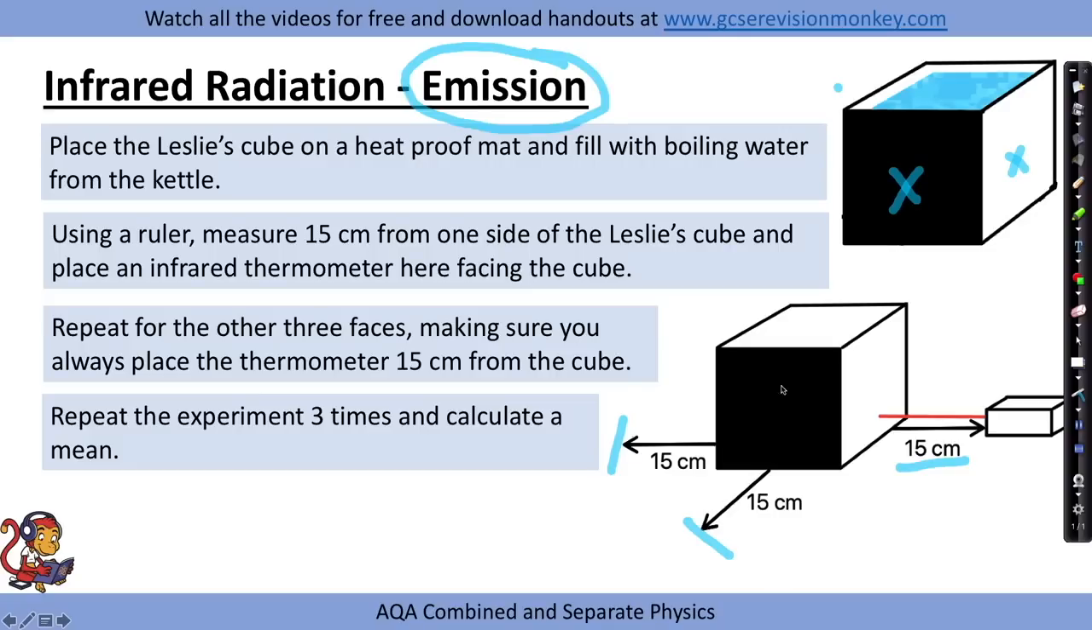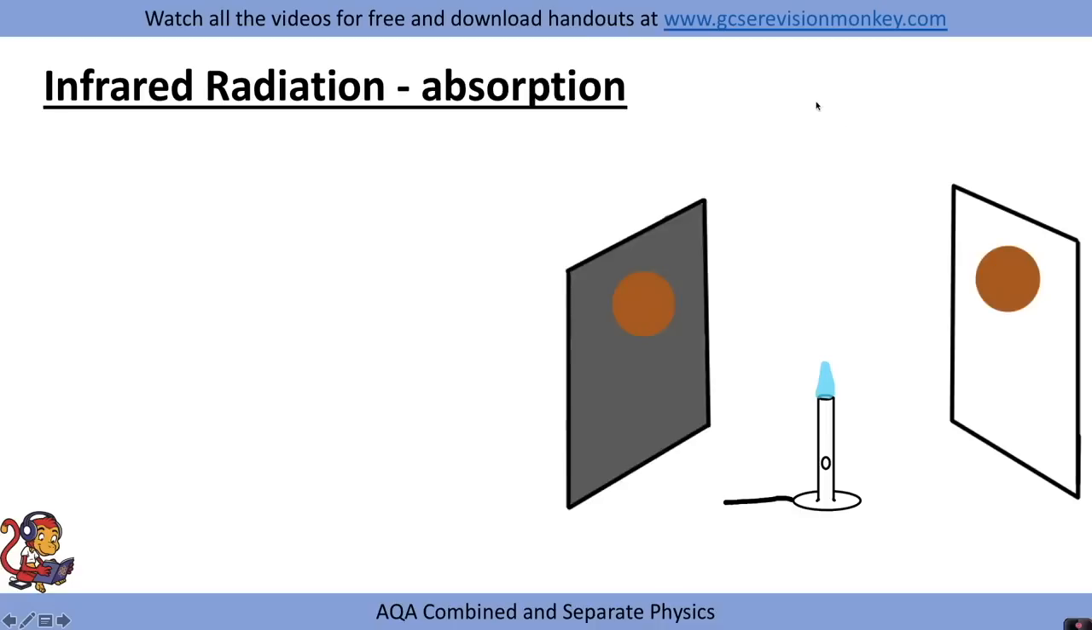The surfaces, such as matte black, which are really good emitters of infrared radiation, should give you really high readings of infrared radiation coming off of the Leslie's cube, whereas surfaces such as white and silver, which are poor emitters, will have lower readings. Alternatively, you could be asked about the absorption of infrared radiation instead of emission, and in